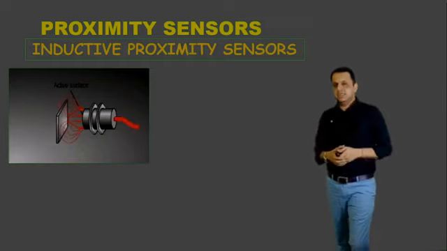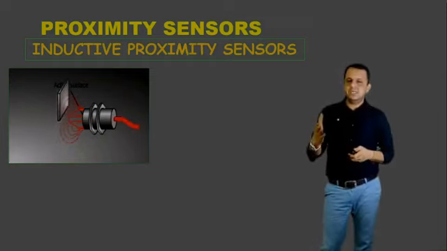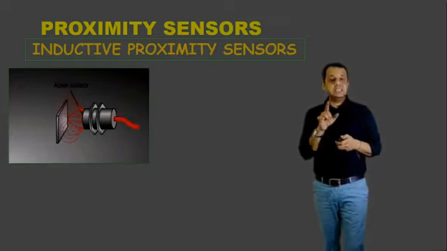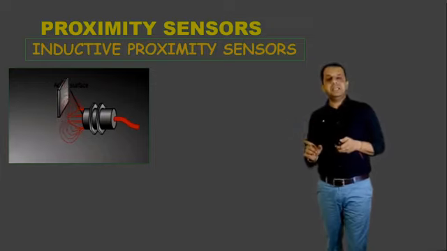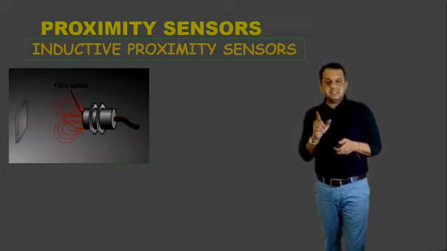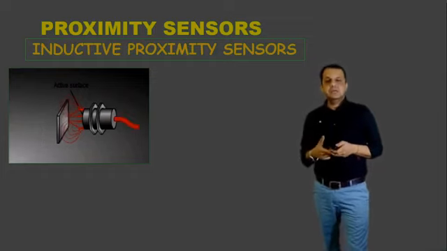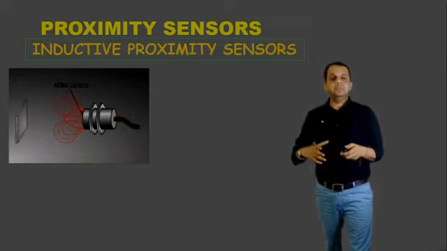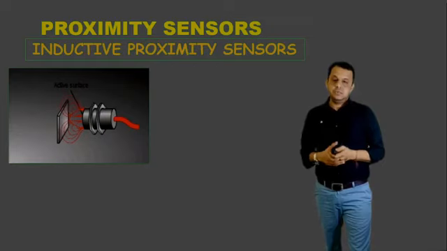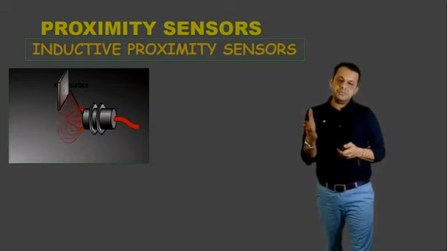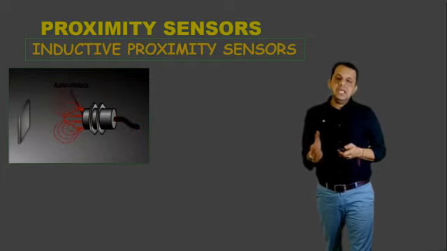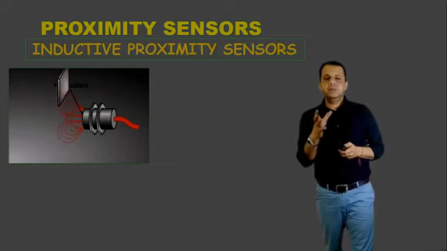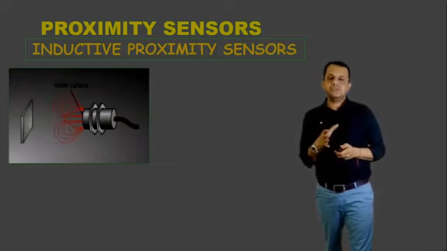So here you see one of the animations available, where a metal object comes and enters within the field of the sensor. See, this is a little bit different from the pure magnetic sensor that is coming up in the next slide. Here, a metal object is compulsory. There we will be talking about magnetic and non-magnetic materials. So here you see the objects are near, like a metal object, and an eddy field is induced within them and the signal is given to the circuit. The status is changed from red to black.